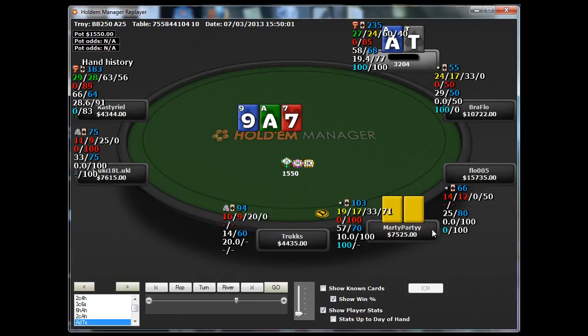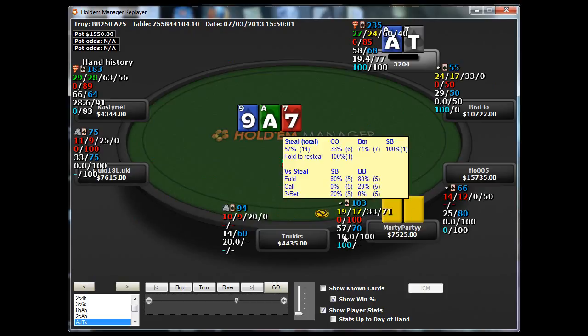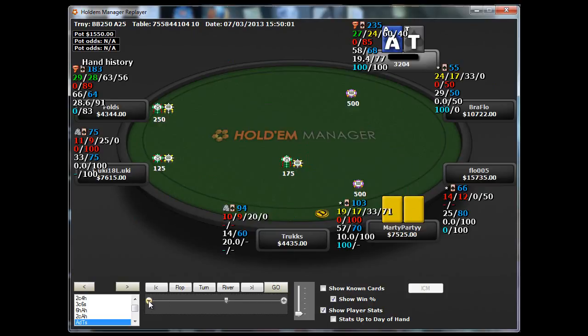So you get flatted from a reg here, which is always interesting. Sometimes you don't know how wide some regs are capable of flatting. Marty's a little bit more aggressive and looser in general. If you get a guy at 11-9 flat, you might have to be concerned with aces. He could probably be doing it with some more marginal hands, king queen, other pocket pairs. When you hit an ace here,